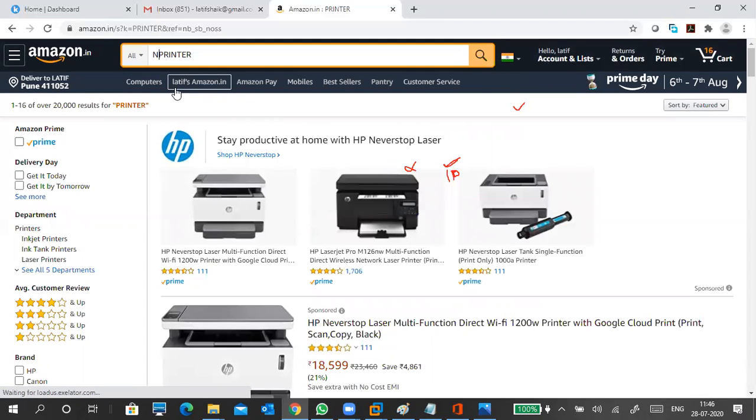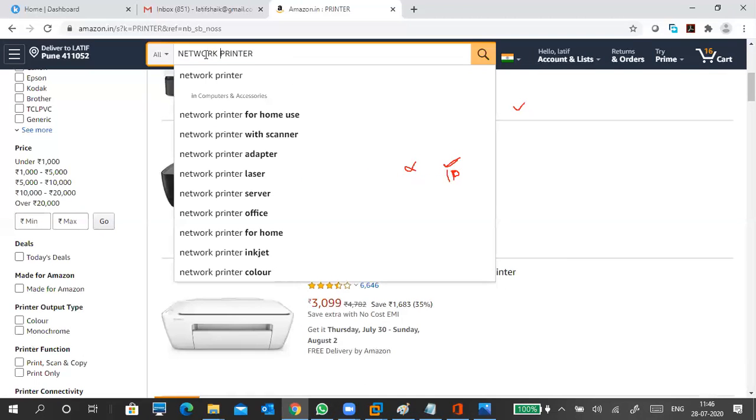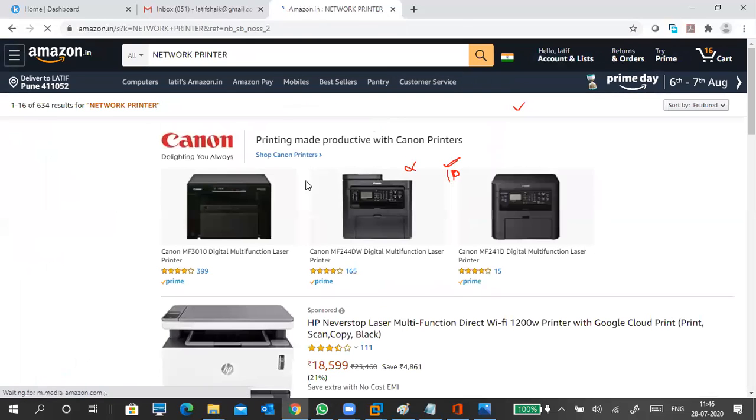If in case you want to see network printers, you can put it in Google also, no problem. I typed network printer.